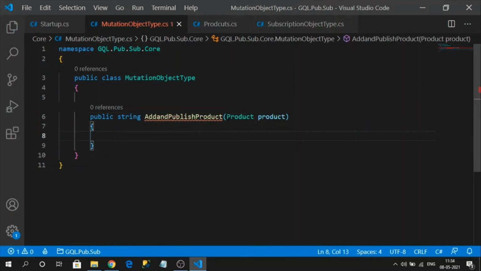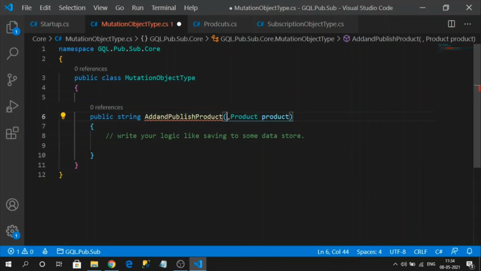And now what I have to do, you can write your logic, like saving to some data store. After that, we need to raise the event, right? For that, we need to import one event sender, that is a service.